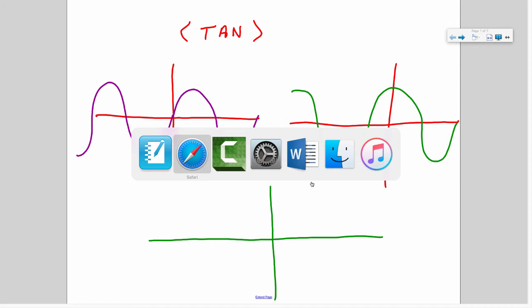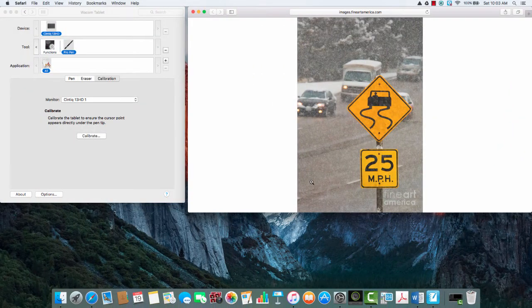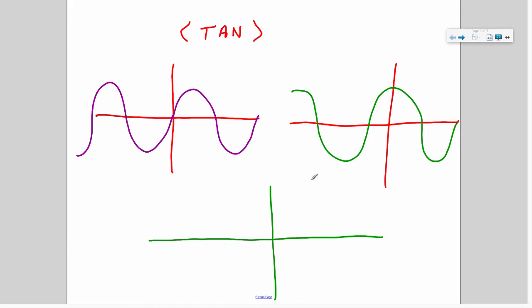Here, I have one for you. See that guy up there? Okay, so it goes like this. Comes out of the sky, crosses through the origin, goes down. Now you know this repeats, right? Just like the sine graph and the cosine graph, it's going to do the same thing again. It's going to go like this, and then over here,